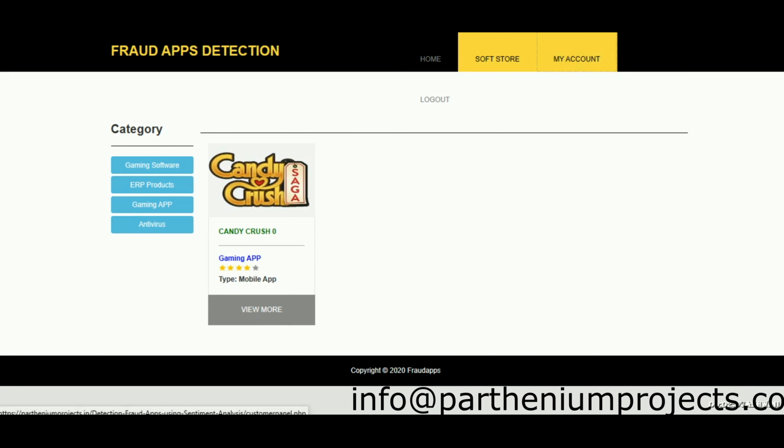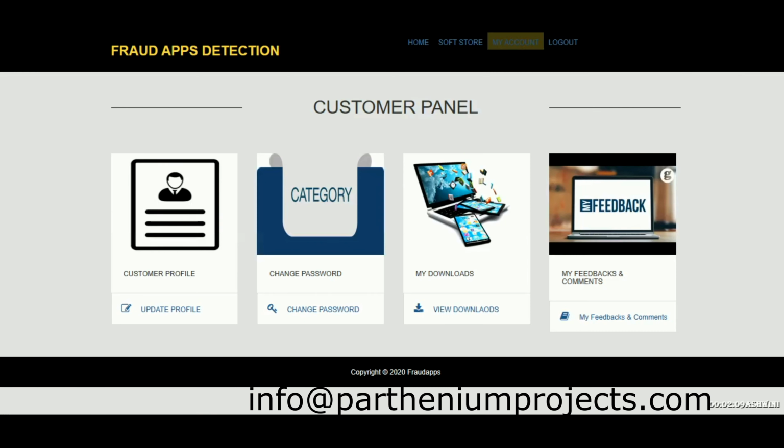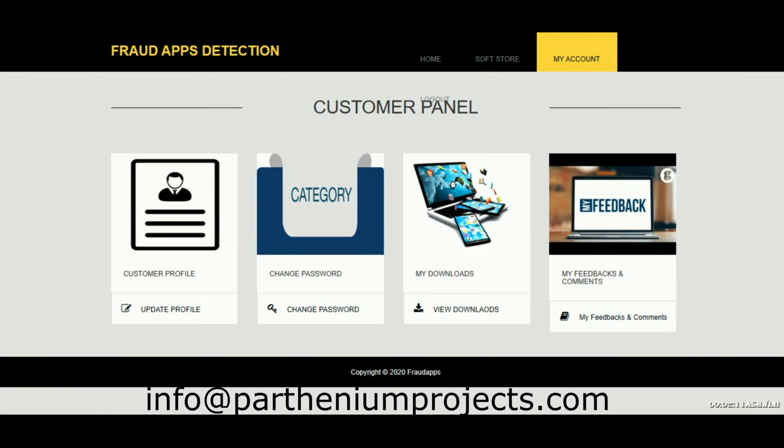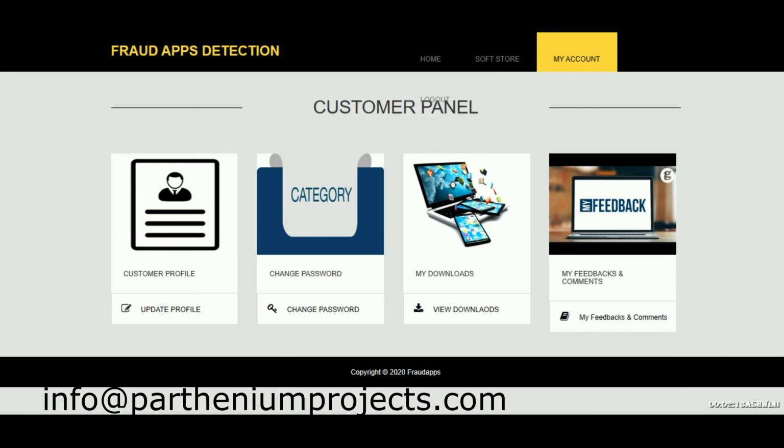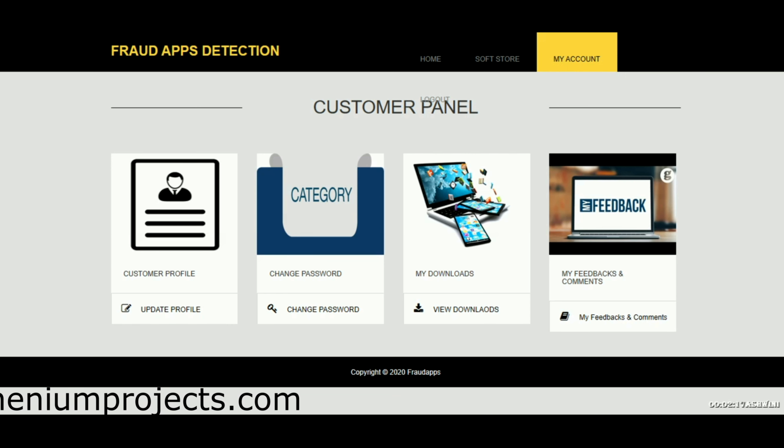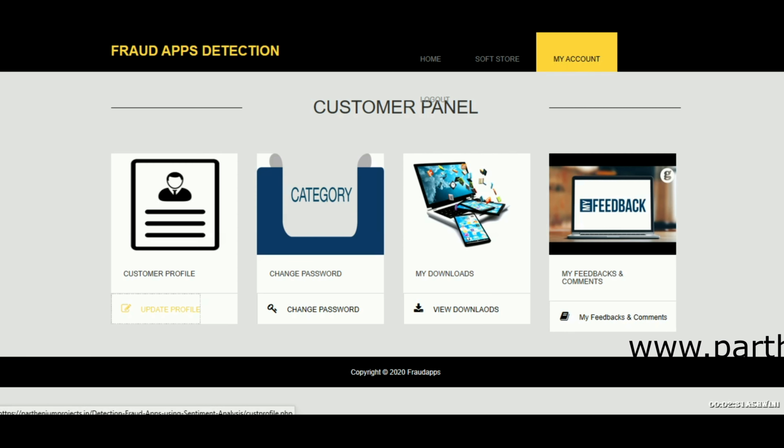Then comes your my account. In this my account, you can either update your profile, change your password, or download. You can view the different downloads that are done by you. You can give the feedback and comments, and you can view the reviews that you have given for the particular software.